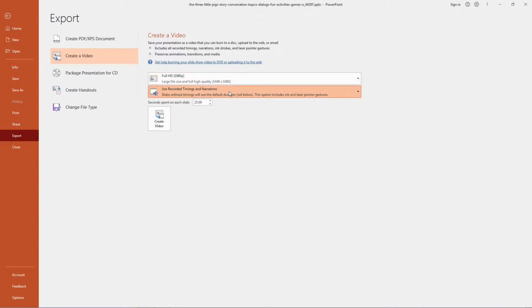This next one is important. It's saying use recorded timings and narrations, or don't use them. If I said don't use them, you can see the seconds spent on each slide is down here. What that simply means is, if I set that to 10 and clicked create video, it would create a video and each slide is 10 seconds long. That's not what we want to do because, well, sometimes it might be what you want to do, so the option's there. But most of the time we'll want to personalize what